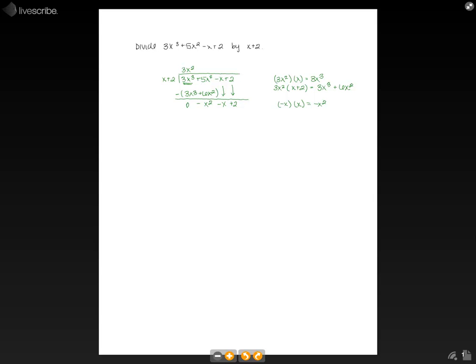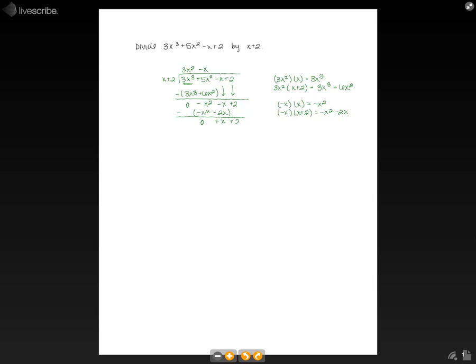But again, we can't just multiply the x, we need to do the whole thing. So negative x times x plus 2 is what we're actually going to do. It's going to be equal to negative x squared minus 2x. So we're going to put a minus x on the top, and then we're going to continue and subtract what we got, which is minus x squared minus 2x. When we subtract that, we get 0, and then negative x minus negative 2x is the same as x, so